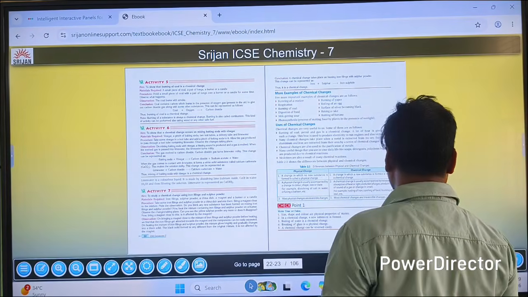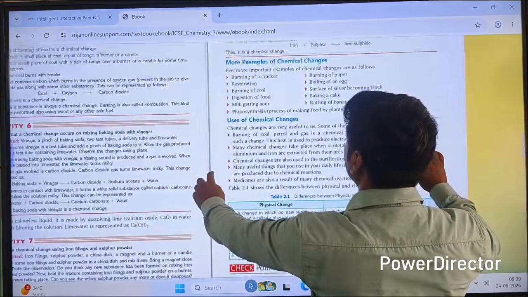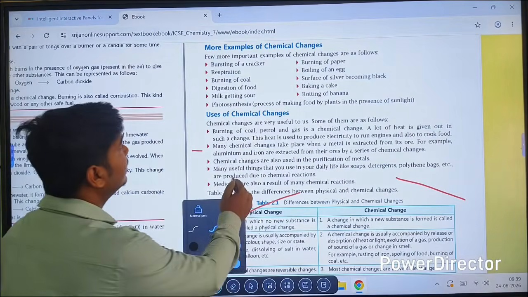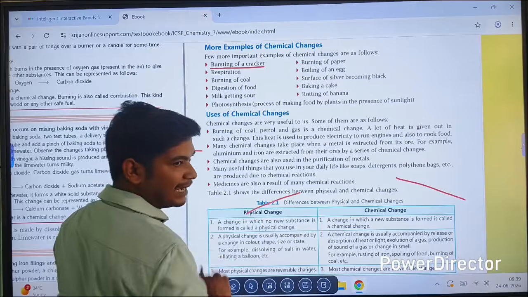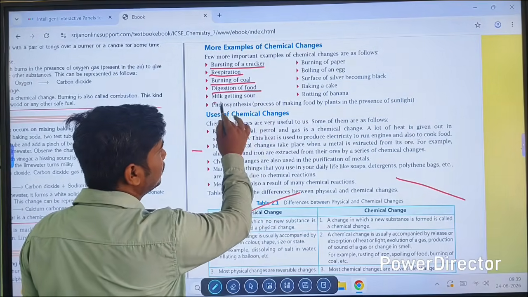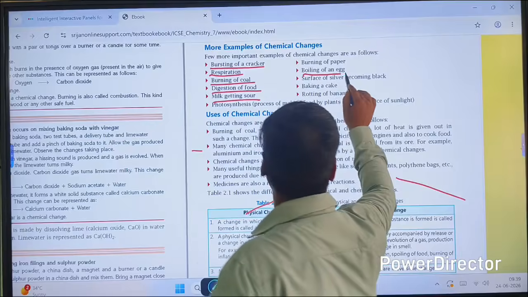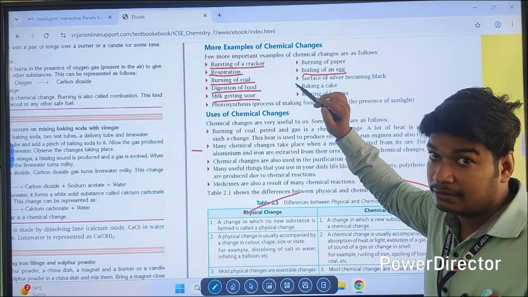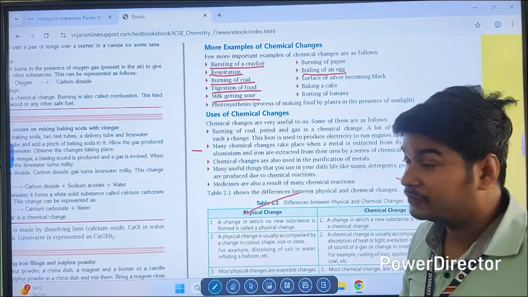Before uses, we need to see some examples of chemical change. Here, rusting of a cracker, okay, respiration, burning of coal, digestion of food, milk getting sour, boiling of an egg. No or yes? No or yes? Why? Because